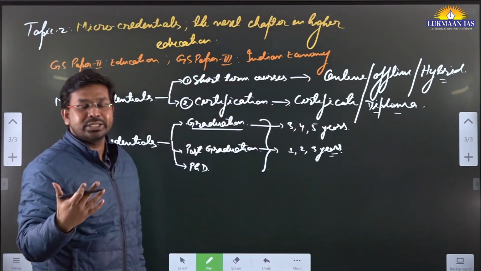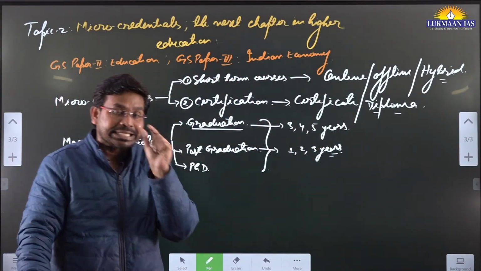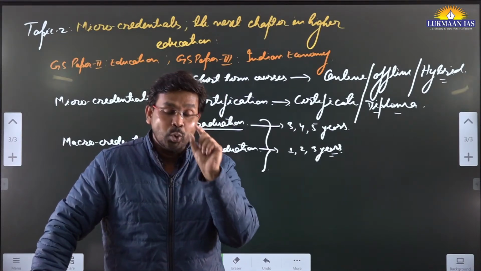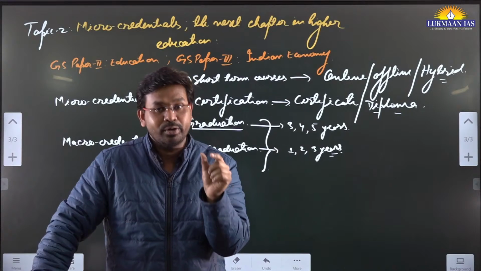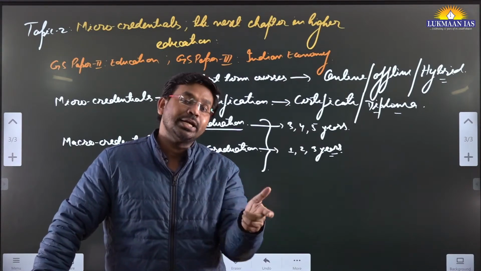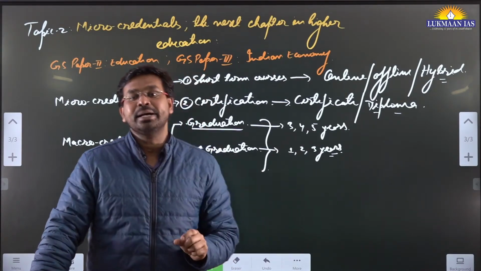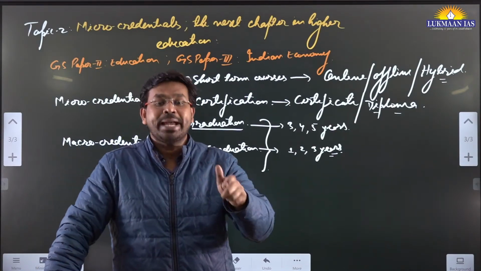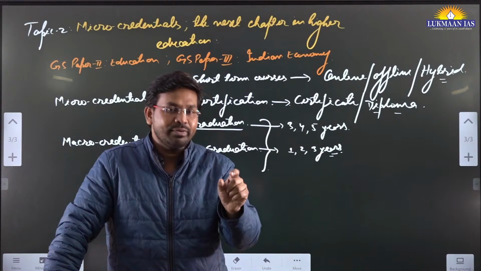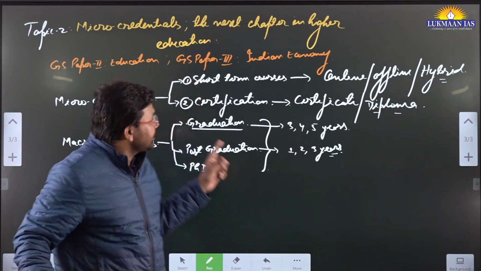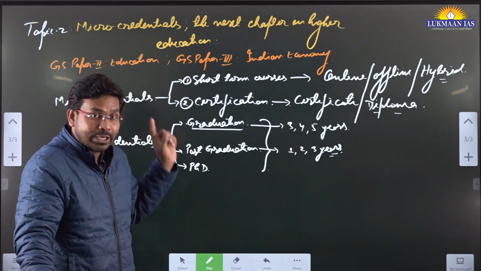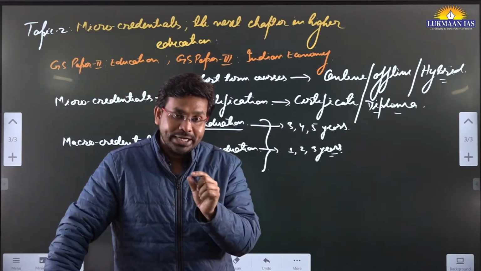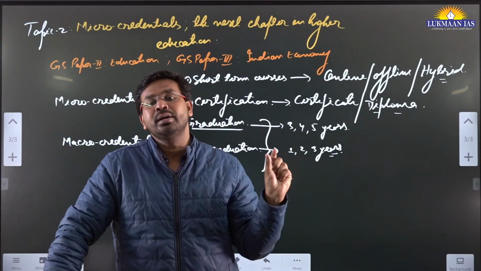So micro credentials are something that skills a person in a particular field. For example, you are a person who has gone through a course of maybe 6 months or 1 year related to the banking sector. So you will have an understanding of how the banking sector functions, and then you may get a job in the banking sector at any level, lower level, middle level, etc. So that is the importance of micro credentials. Micro credentials are booming. Apart from this, micro credentials are specific to a particular field of study.